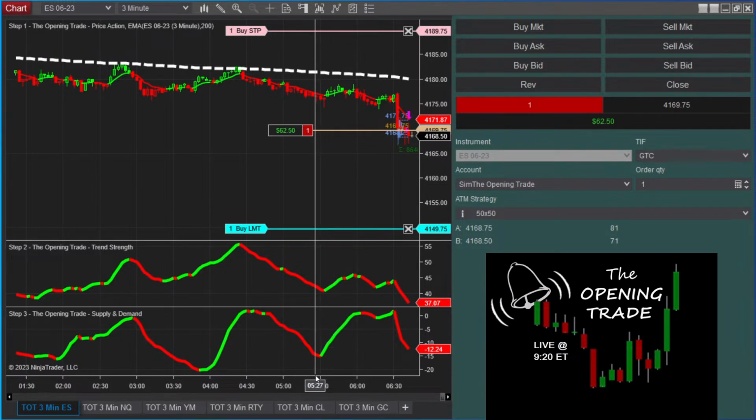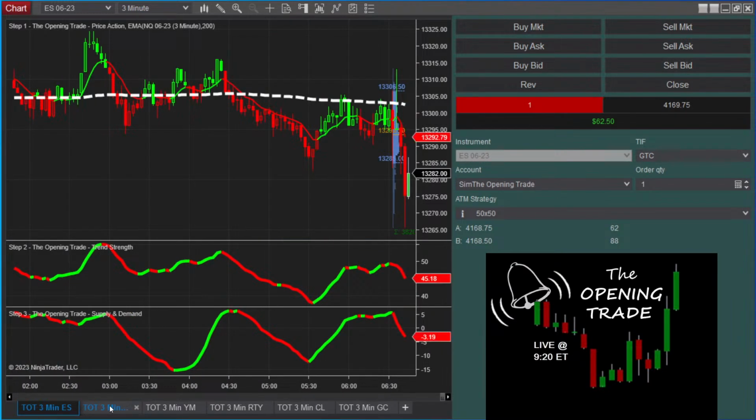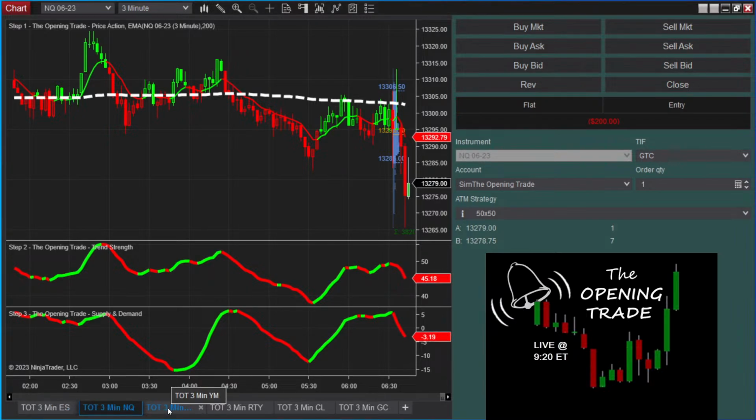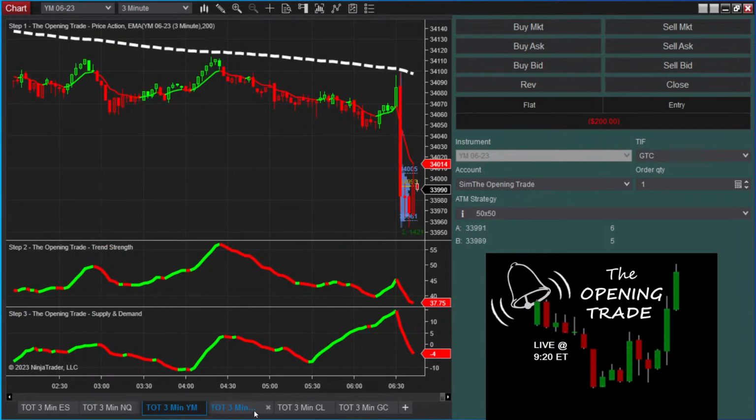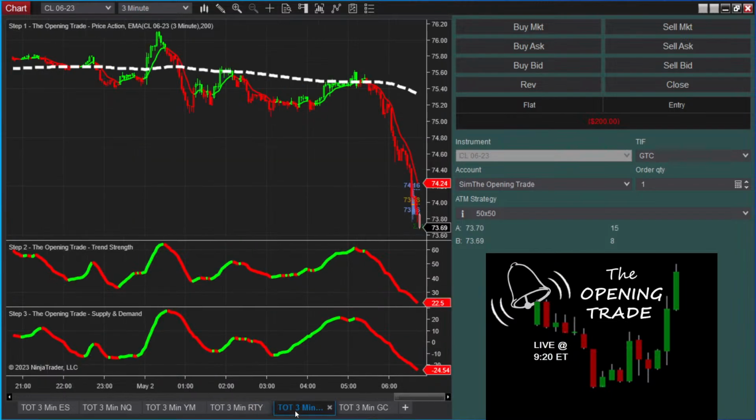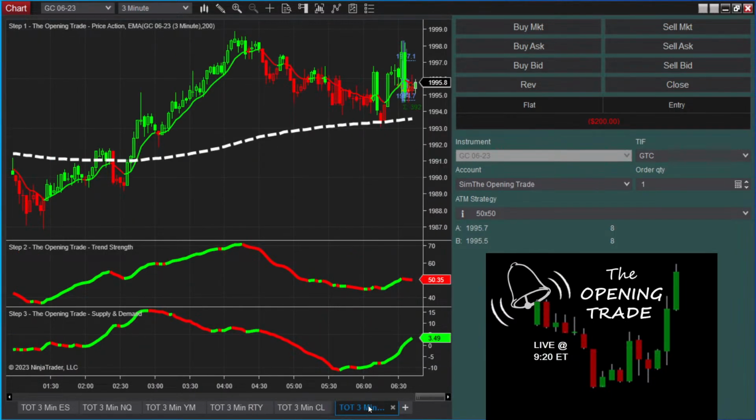Our automated trade is doing well at this time. NASDAQ, let's take a look. It did not fire off, but we're just looking at the charts, see what the markets are doing. Dow, Russell, crude oil, and